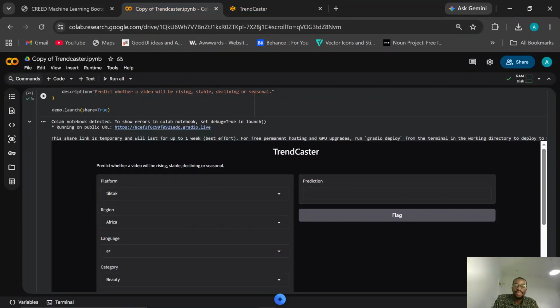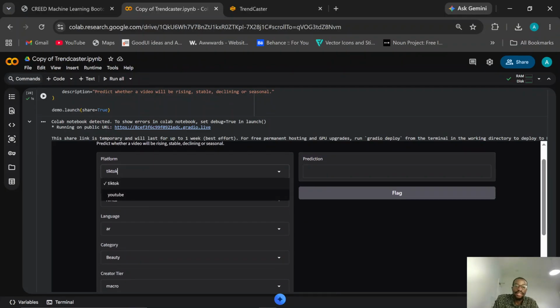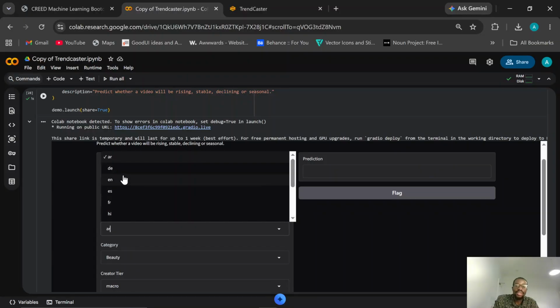So let's try and use it again. Let's do Africa, let's do Europe. Yeah, so it's something also that we could correct about the language. In the data preparation, we did not clean the language.